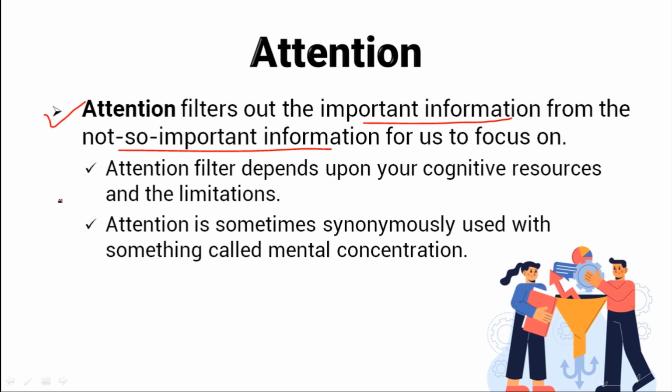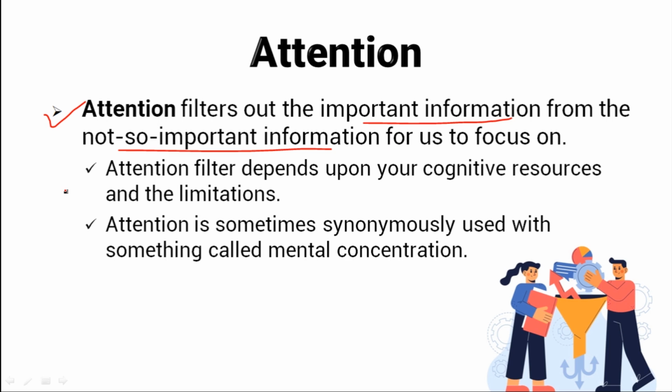Attention is like a mental filter in our brain that helps us select certain stimuli and ignore others. So think of it as a filter. Now, what is a filter? Have you made tea before? If you have made tea before, you use a filter for separating the tea and the tea leaves. Attention is a thing like that. It separates what you want and what you don't want.